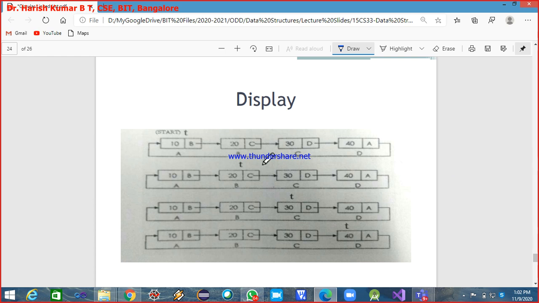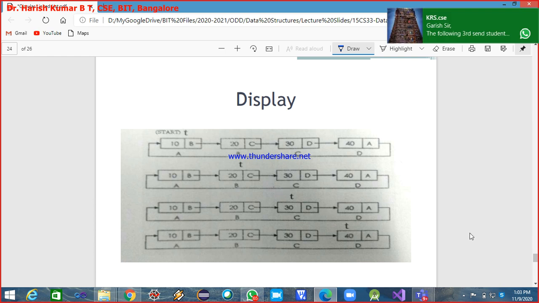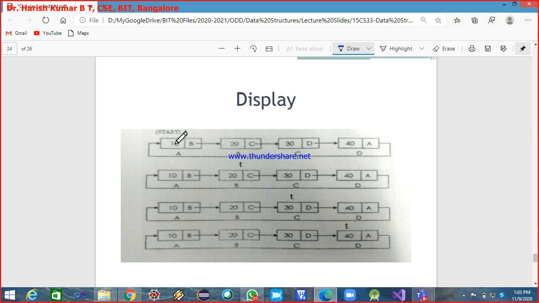Now this is the example list which is already existing. Start is already pointing to that. So we have taken one more pointer T, a temporary pointer T, and we have made it point to the same node, the starting node. And then we keep printing the info field of every node until T arrow next is not equal to the start. Hope people understood. So T arrow next is not equal to start. Now I print this 10, and then T is equal to T arrow next. T is pointing to this.